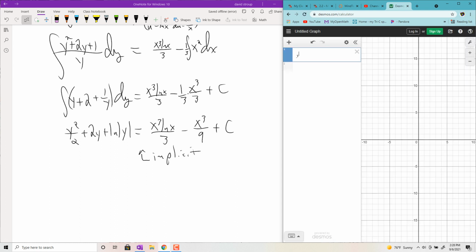But I'm sure you could go to Desmos and graph this thing, and you don't necessarily need to put in the plus c part. You could get it for a particular one. Anyways, plus ln of the absolute value of y equals x cubed ln x, ln of x all over 3